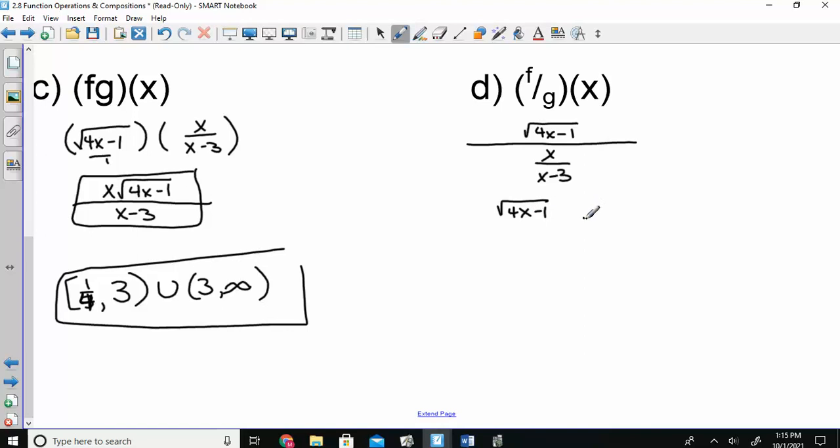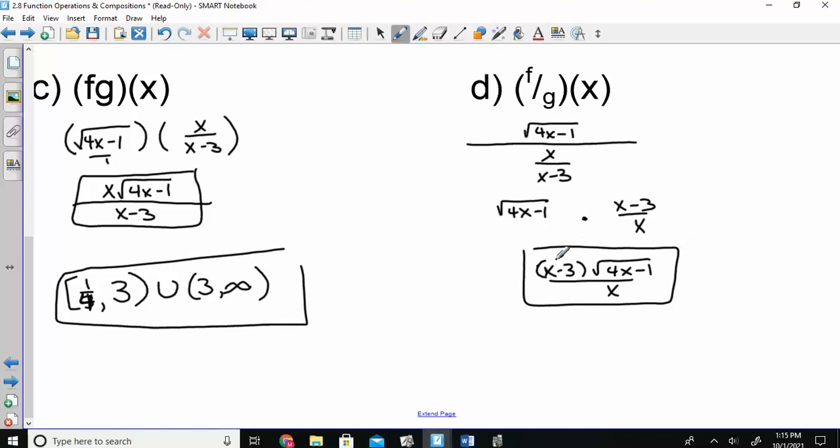So first the top stays the same, times, then you flip the bottom. So then if we multiply the top, I'm just going to leave it as x minus 3 times the square root of that